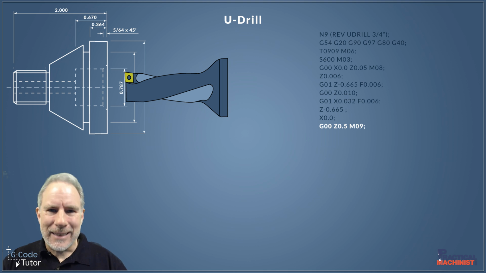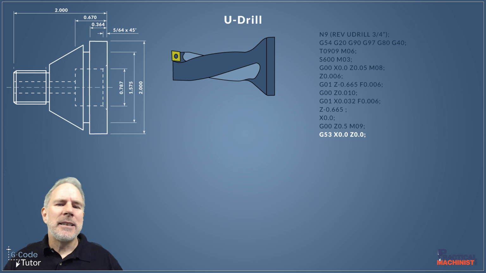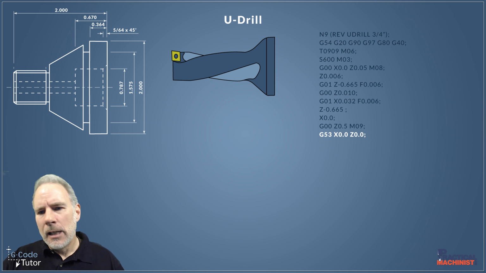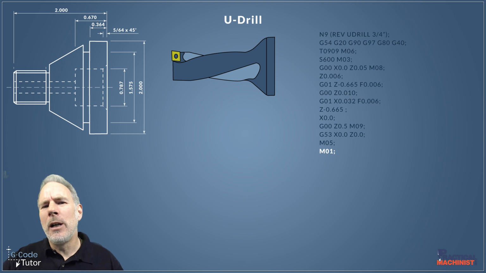Now sending home is exactly what we're going to do next. So G53 is our machine datum, and we're going to send it to XZ0. This sends it to the machine's zero point and not our datum's zero point. This is usually a tool change position, certainly is on my machine, and that's why I'm using this position to change tools. So with our tool safely out of the way, now we can stop the spindle using M05 and then M01 for an optional stop in case we want to check our parts. Maybe we want to measure the depth of that bore, and make sure we haven't gone over in the diameter there.